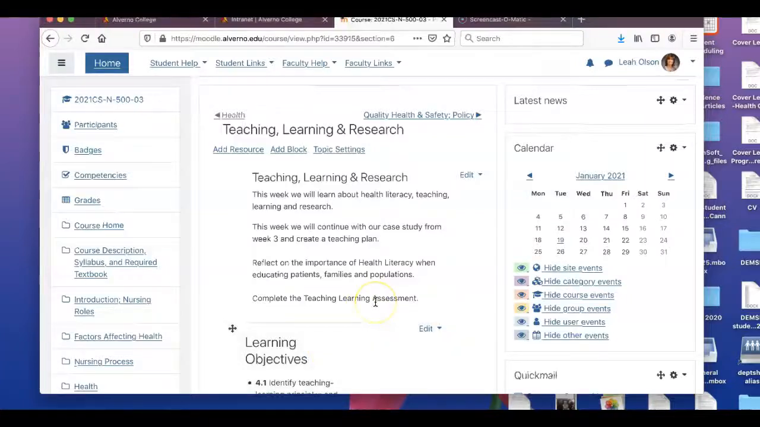Okay, for this week, we're going to be looking at the nurse's role in teaching, learning, and research. So we're going to learn about health literacy, its importance, and